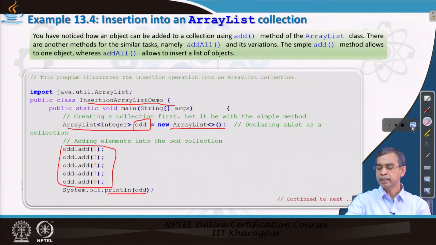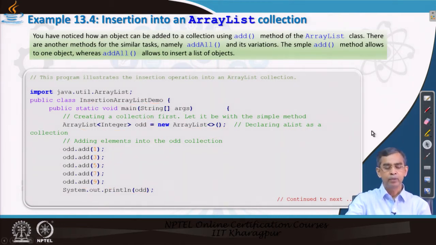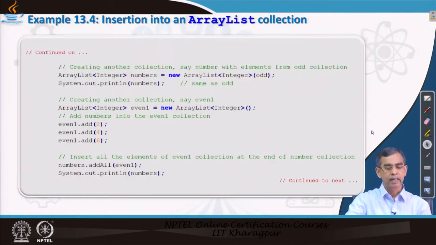After that a list is created, and we can add a few more elements into it. Here you see how different elements can be added. Here we create another collection, using the extra collection.